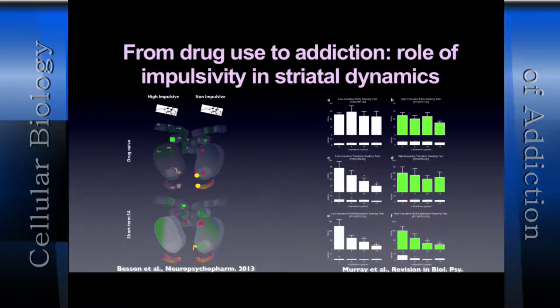Okay? Nevertheless, high impulsive animals here on the left, after 10 days of cocaine exposure, tend to show a lower decrease in D2 receptors in the ventral striatum and the VTA as compared to low impulsive animals. The size of the circles is the magnitude of the effect. So low impulsive animals show a facilitated transition here. Oh, and I don't have the long axis. I'll show you the long axis later.